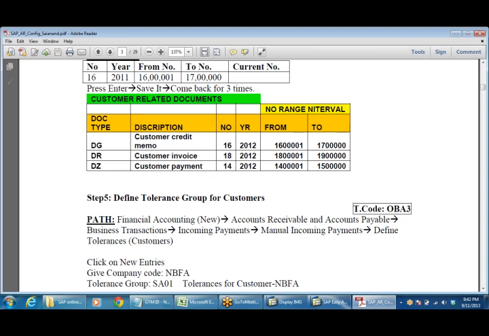But this number range is for the customer documents, whatever documents I'm going to generate for customers: DG customer credit memo, DR customer invoice, DZ customer payment. These are the documents I use. This is the document number range, and the previous one is the customer number range.